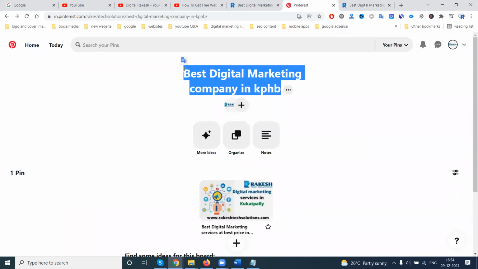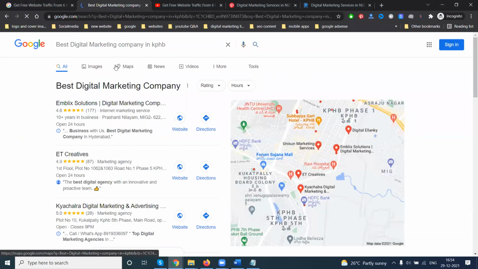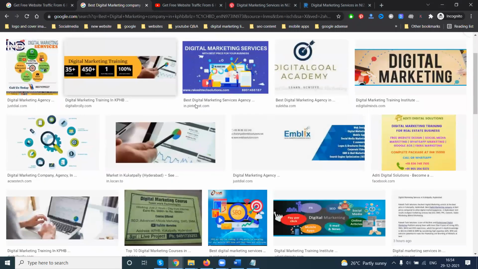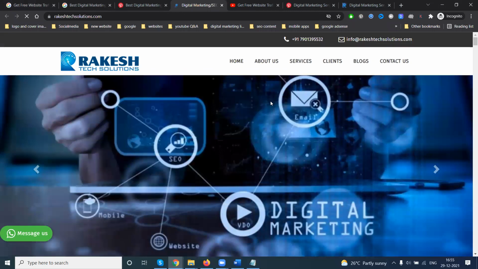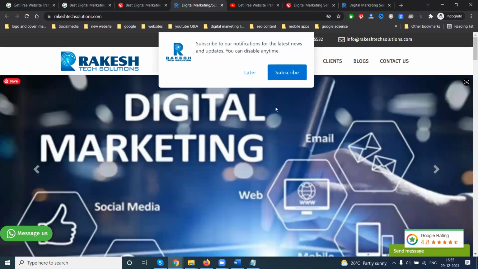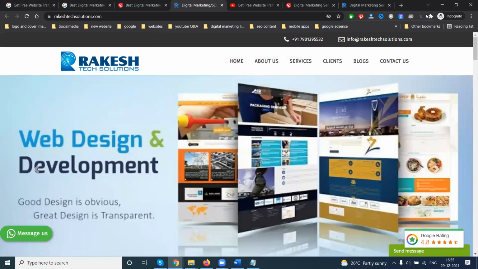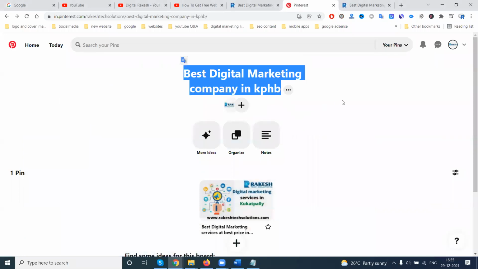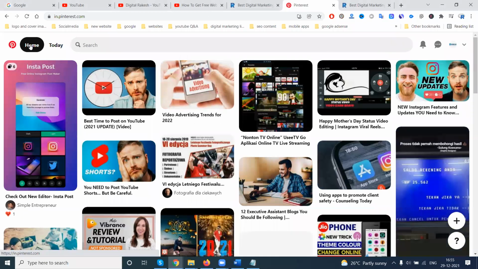So when people search this keyword in Google search and go to images, this is the Pinterest option, which was uploaded previously. So updating a new link will take some time. So wait for some time for the link to activate. Those are the links we can upload to Pinterest and increase the traffic using these methodologies. This option is very useful for generating traffic from Pinterest. We can use any useful platform to generate traffic and increase it.